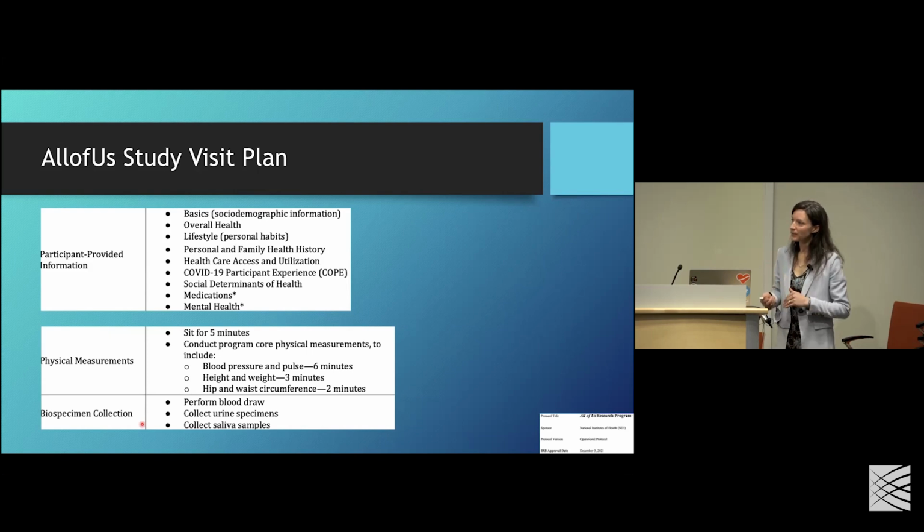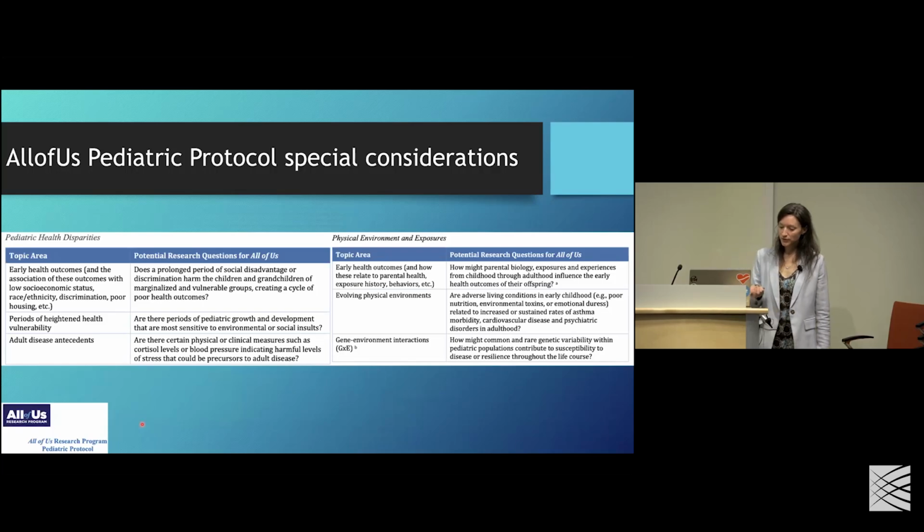And so then they would do their measurements and their biospecimen collections. And they very specifically were making these visits as short as possible in terms of the interface time. They also had a special pediatric protocol. And so this is, again, where you think about having a special subset where they were actually collecting different types